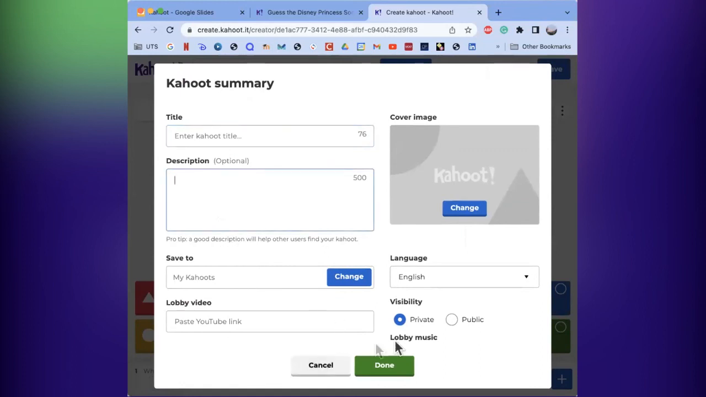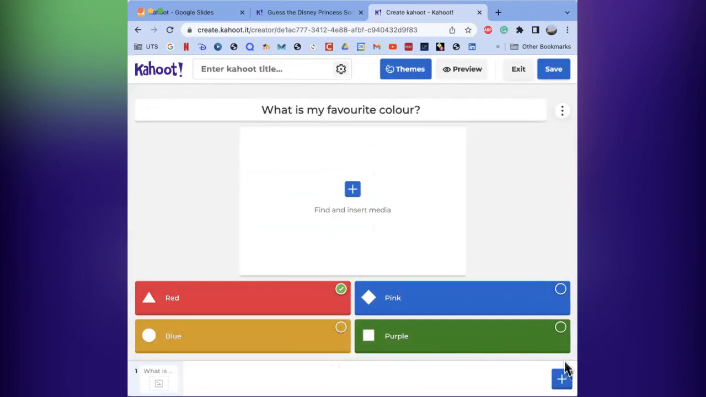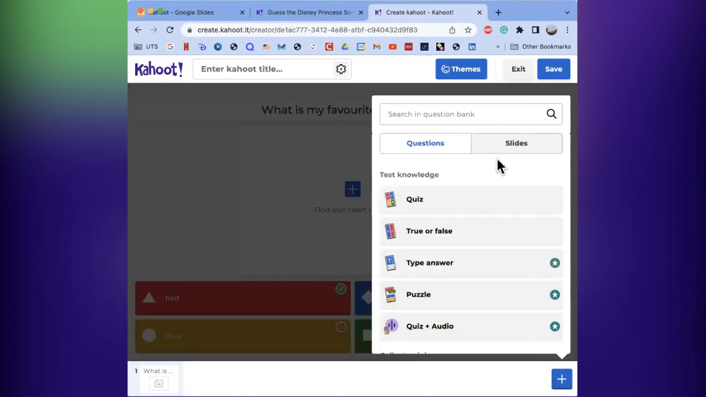And you can choose the visibility. So if everyone can find it, which may not be a good idea if it's about somebody's personal life or something about them, but you can make it visible to everybody or to just you if you want it just for yourself. Then to add more questions, you click on this blue plus icon in the bottom right-hand corner, and